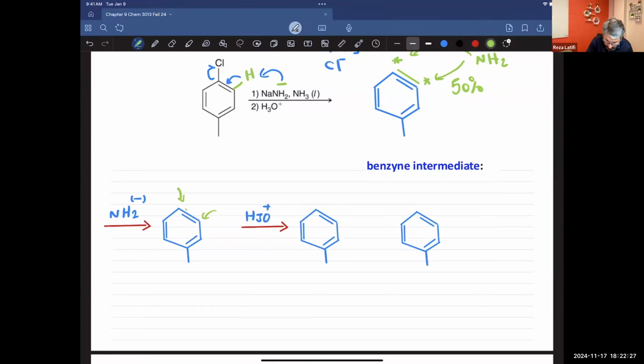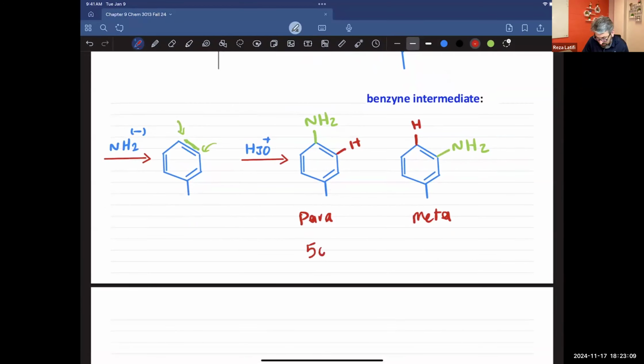And again we have a triple bond here. So let's say we added the NH2, for example, in one case here. In another case we added NH2 there, and I'm going to treat it with acidic H. Acidic H will be here and there. And so as you see, we got para product, and this one we got meta product. Why did I draw this one that way? So we have para and meta product, and the ratio is going to be 50-50